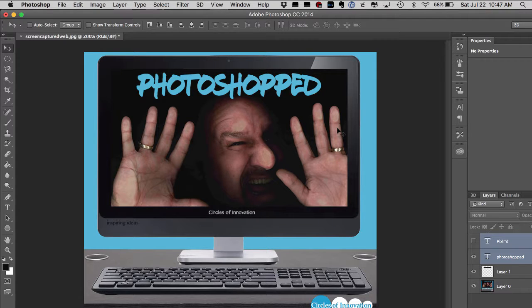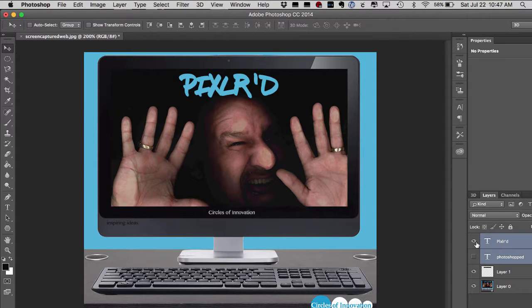Chances are you've heard of being photoshopped, but have you ever heard of being pixlered? Well, what you're looking at here is Photoshop, and Photoshop is a tool that you can use to edit digital